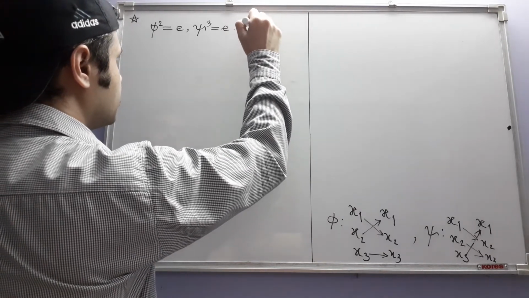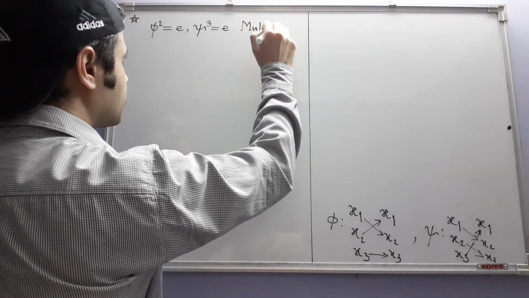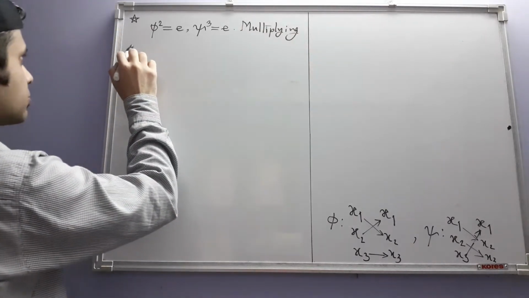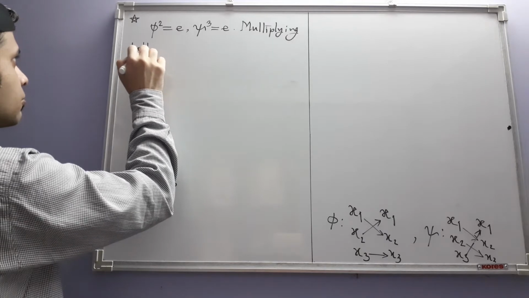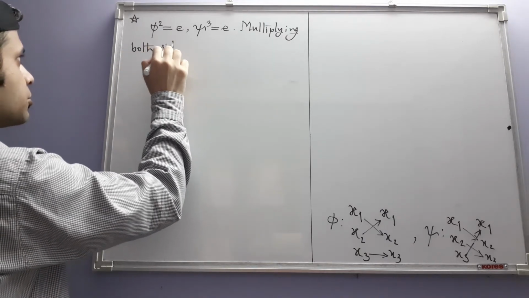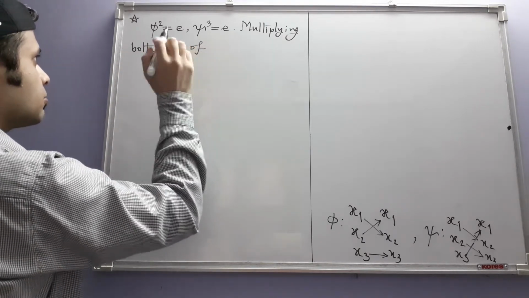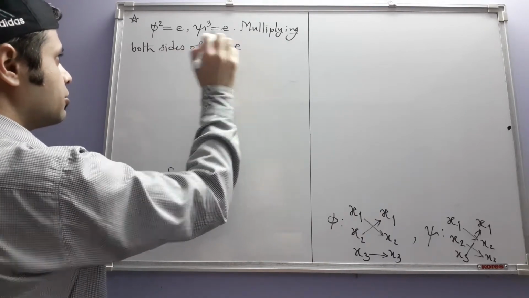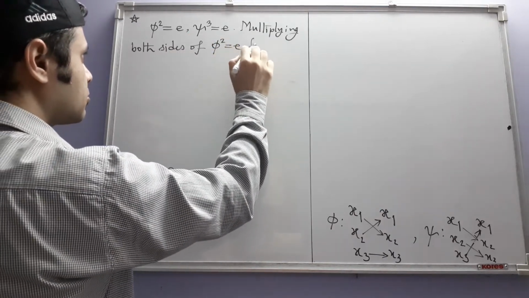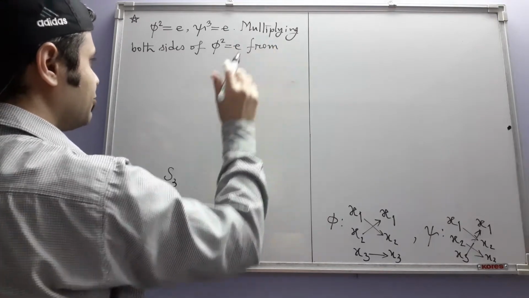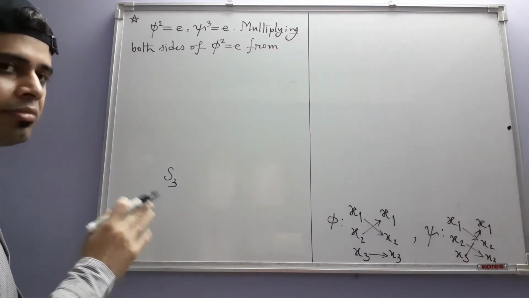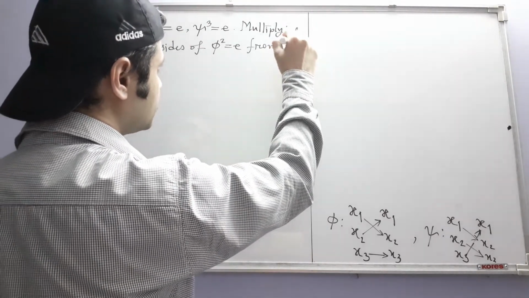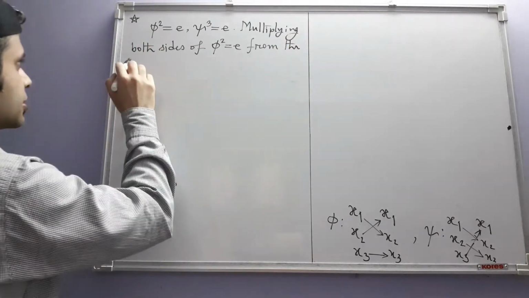Multiplying both sides of phi square equal to E, from the left or from the right, it does not really matter in this case. So let us choose anyone, from the left, say,